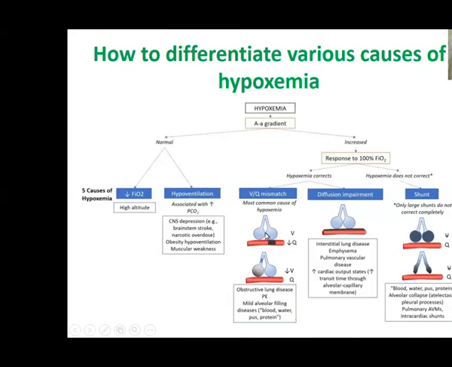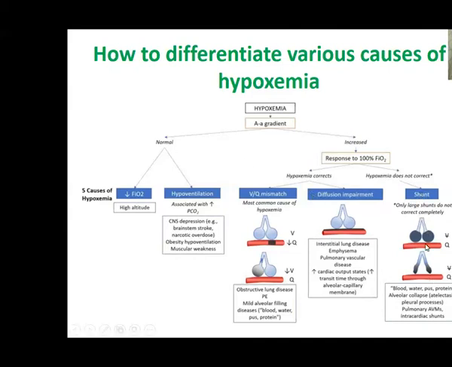Now, if you give high concentration oxygen in case of VQ mismatch, you will be able to improve the oxygenation significantly. So what we usually do in clinical practice, we see that there is a hypoxemia. Now we don't know out of these three which one is the cause. Give them 100% oxygen. If the partial pressure of oxygen in the ABGs was, let's say, 50 millimeters of mercury, and you give them 100% oxygen, after a few hours you repeat the blood gases, and if there is a significant improvement, you can say that this is a VQ mismatch. But if there is no improvement,